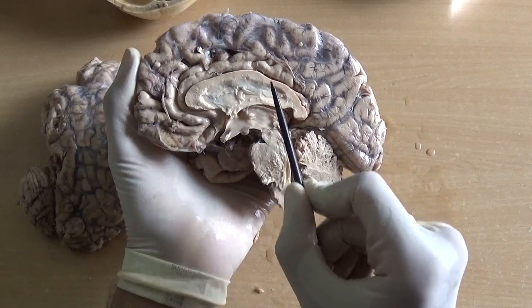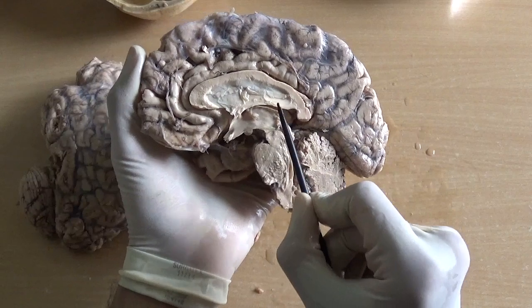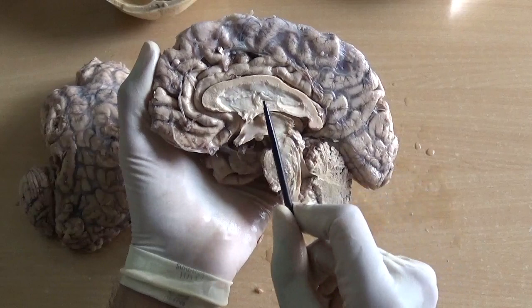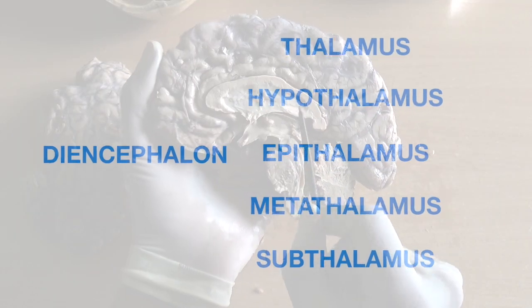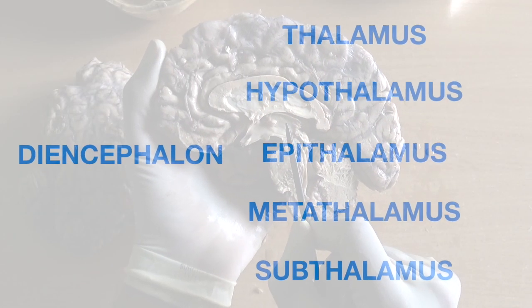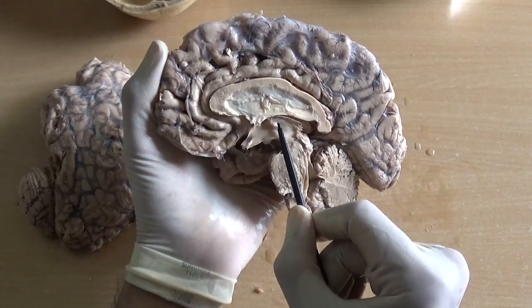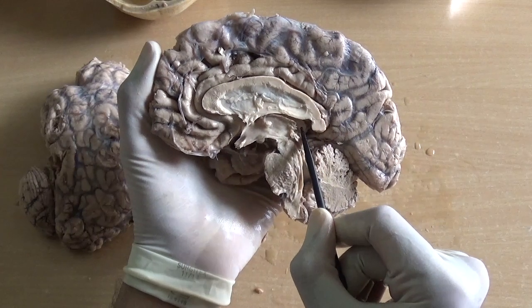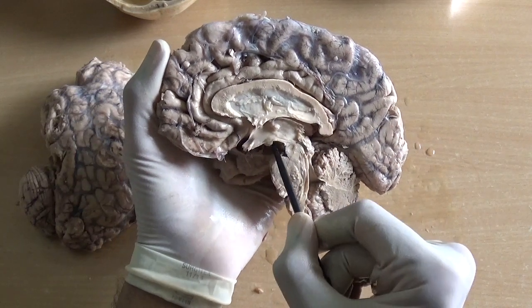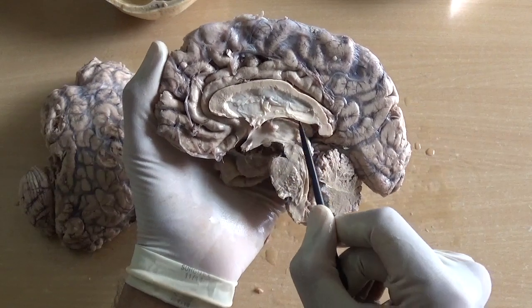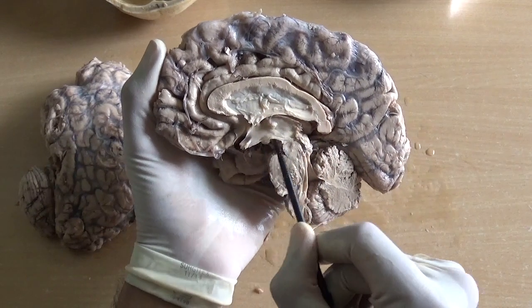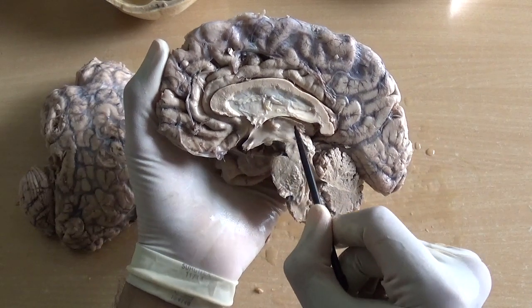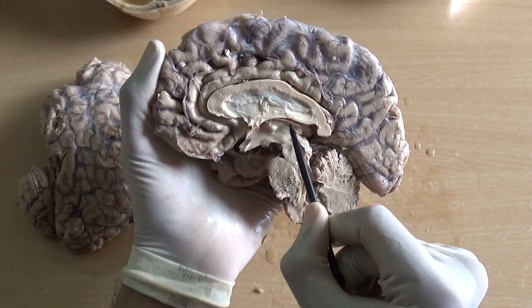Now next to the telencephalon, this area is diencephalon. Diencephalon is nothing but thalamus, and there are a total of 5 thalami constituting diencephalon, namely thalamus itself, hypothalamus, epithalamus, metathalamus, and somewhere over here will be subthalamus. So there are 5 thalami together forming diencephalon, and the cavity of diencephalon, this territory, is the third ventricle.